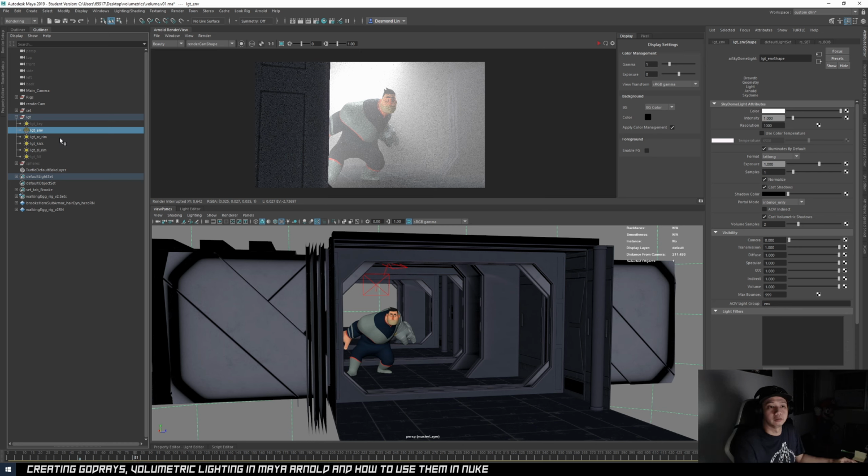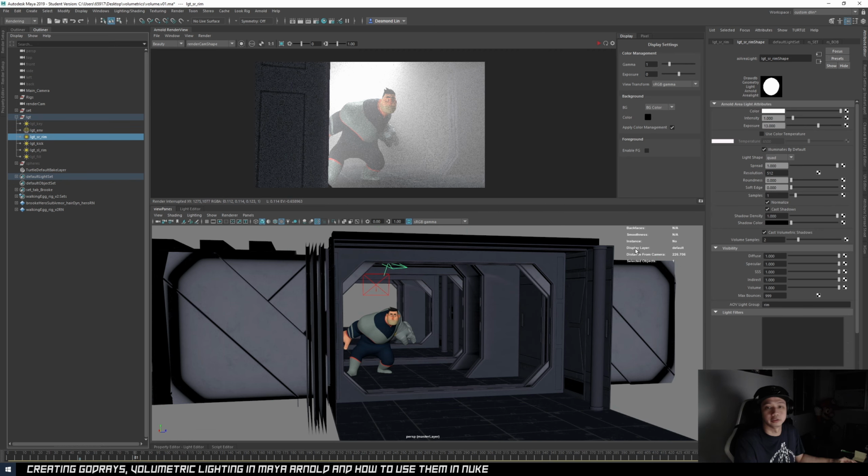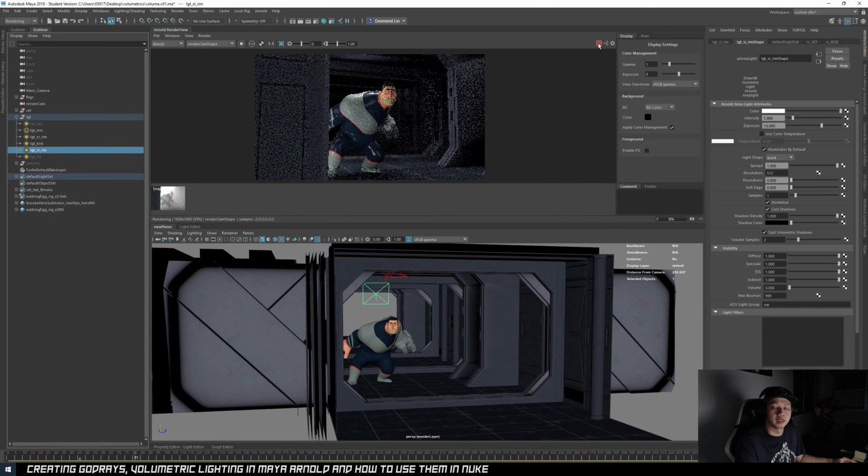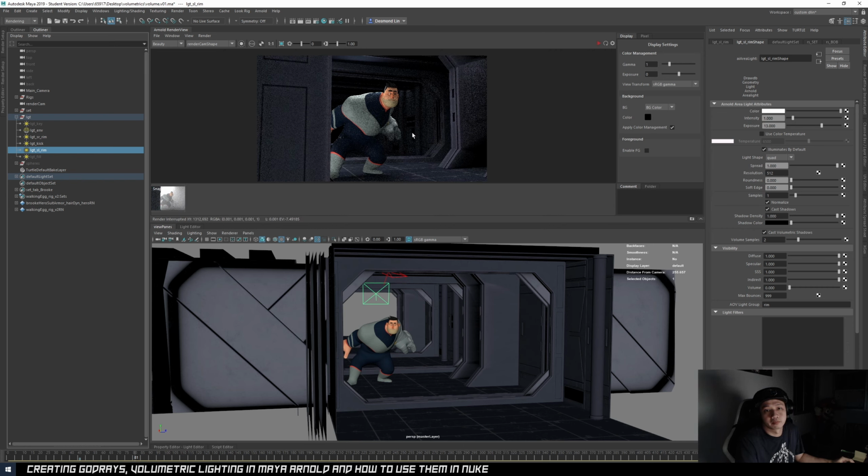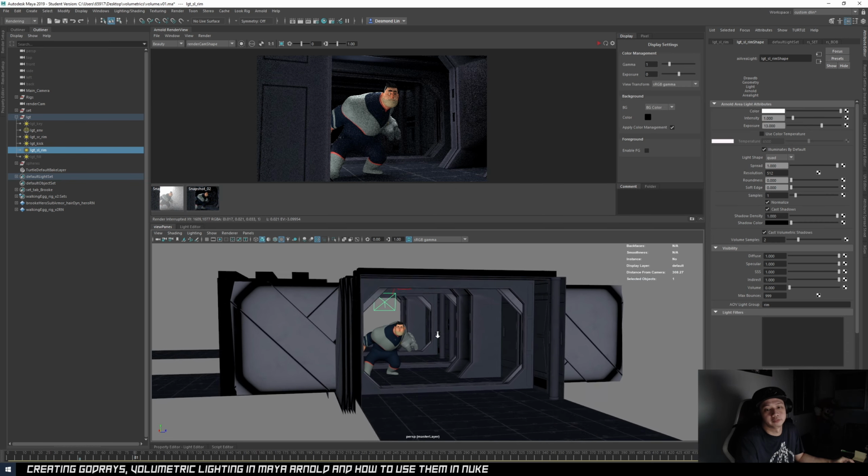Okay, so what I'll do is I'll go to all my lights and make sure I turn the volumes to 0. Okay, I'll do a render. Let me just save a render. You'll see that it just looks like my normal scene without any volumes, even though the volume is activated. Next, I want to add a shaft of light on top of him, like he walks into this spotlight on the top.